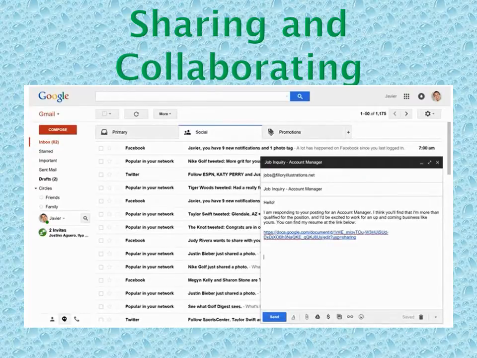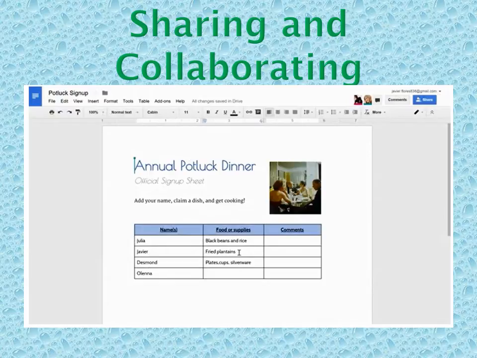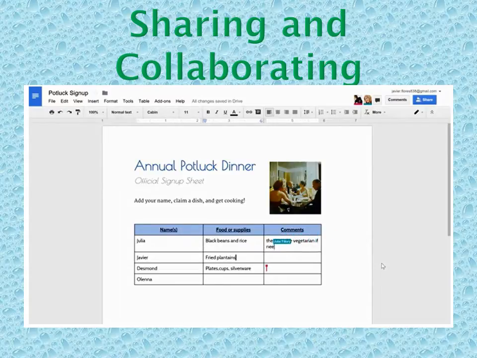So, what happens after you share a file on Google Drive? Well, Google Drive has some really powerful co-authoring features. For example, if we open our document, we can see that some of the other people we shared the file with are viewing it as well. The real-time co-authoring feature allows everyone to work on the document at the same time. Everyone's changes will be indicated with a cursor by their name so you can tell who's doing what in the document.